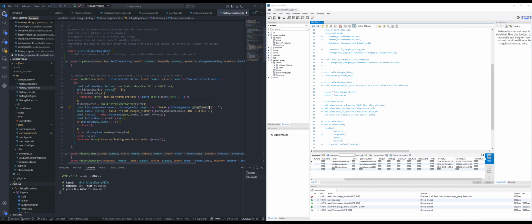We join them by AND here, and then we do the query by itself, and then we throw the query into the actual execution of the query. We're getting result. We're getting history rows. If there are no history rows, we return a simple empty array, and then we're going to map it and return either an empty array or